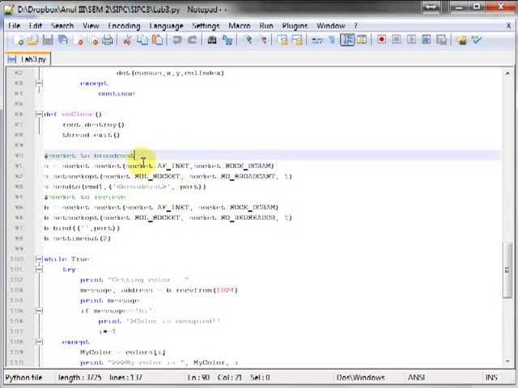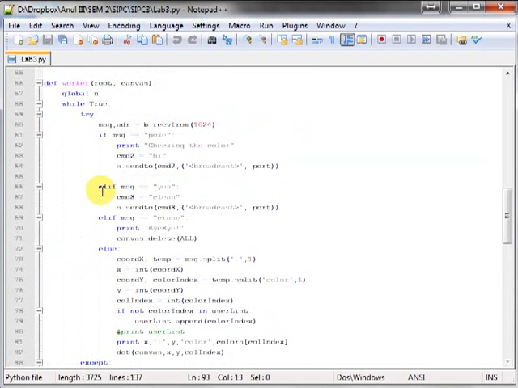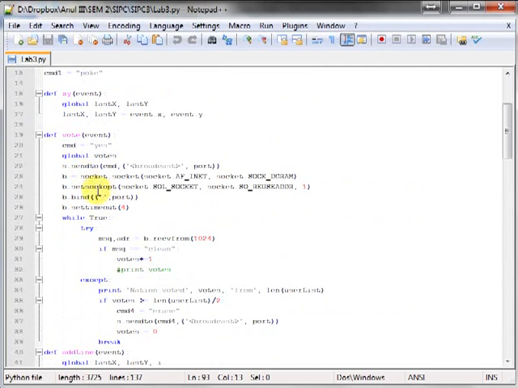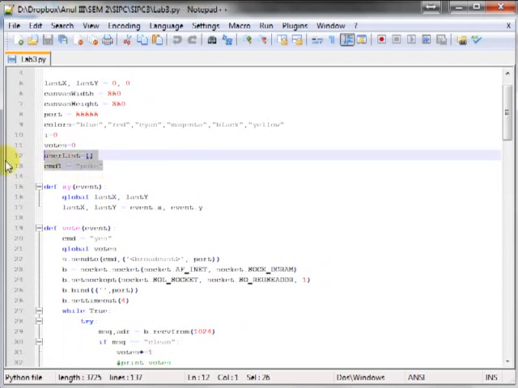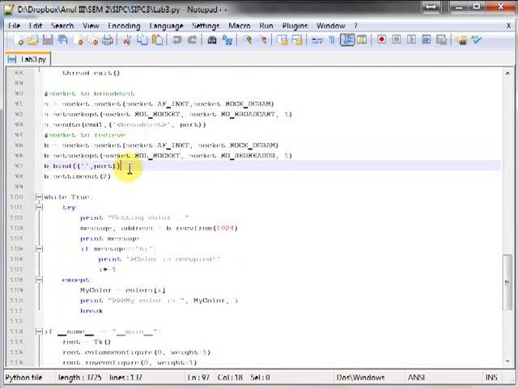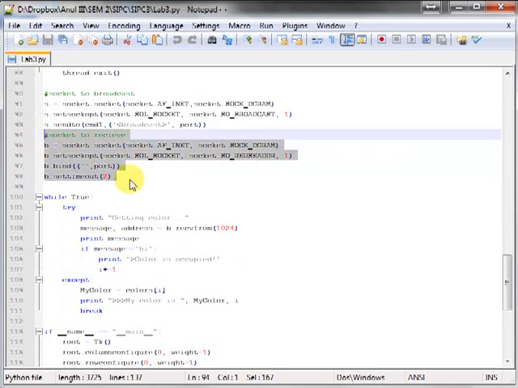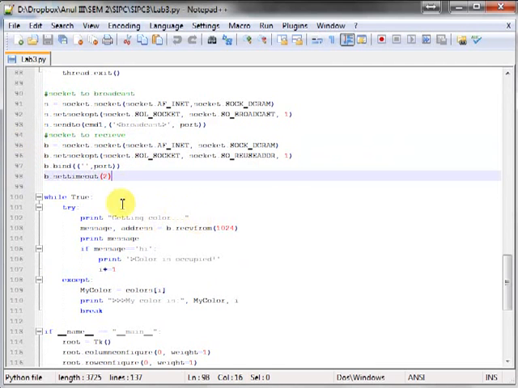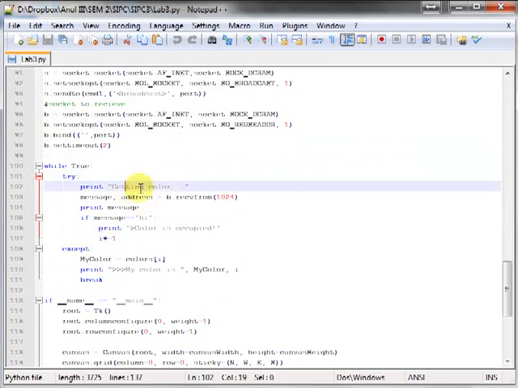So this is the broadcast socket I defined, with which I send the first command. The first command is actually poke when I start my application. After I send this poke, I'm waiting to receive some information, actually always receiving some information, in a while loop, all the time. When I send the first message, I'm trying to receive a color. If I received a hi message,